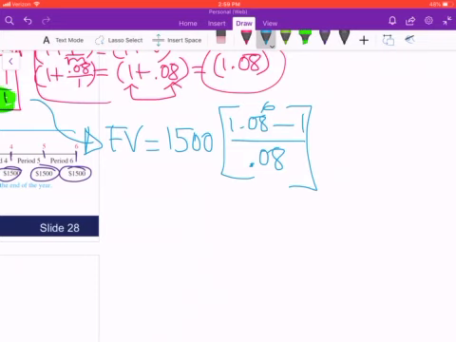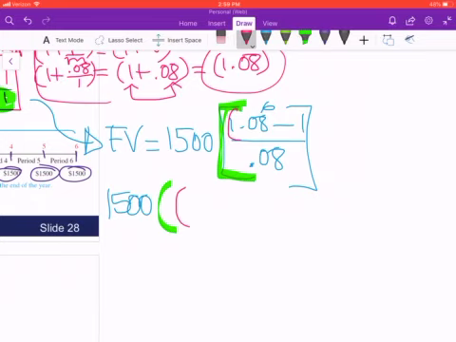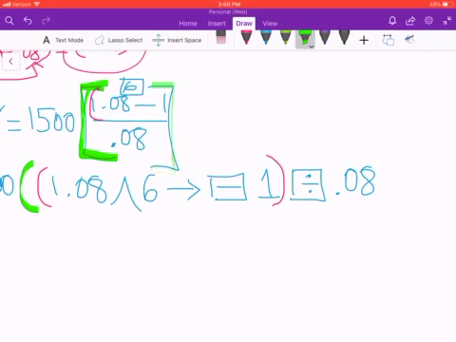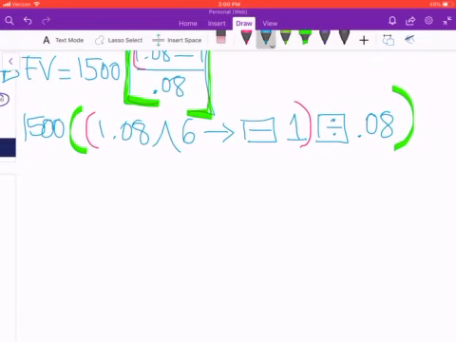So if we enter that on our calculator, it will have to be like this. 1500. This bracket will be our first parentheses. Then we need to enclose our numerator, so that will be 1 parenthesis here. Then we could enter 1.08 exponent 6. Then you must use your right arrow to get out of the exponent, or at least make sure that you're not typing anything in that little spot. So you move to the right side, enter minus the number 1. Then you close your parentheses to enclose the numerator, and then your division key, and then you could enter 0.08. And now we need to close the bracket, so that will be another parentheses there. So if you enter that correctly, you will obtain for the future